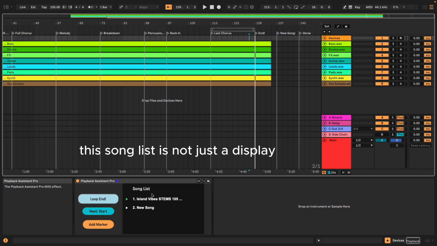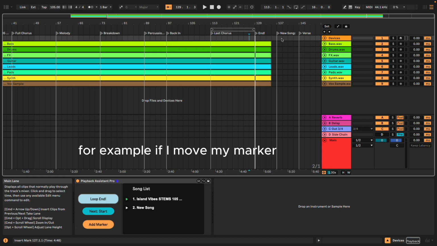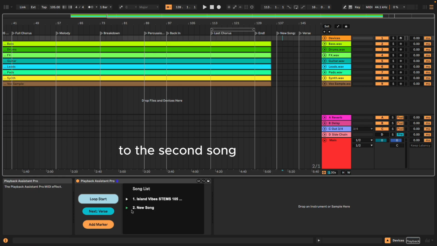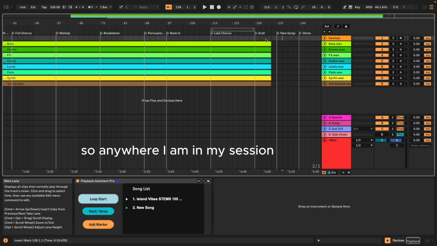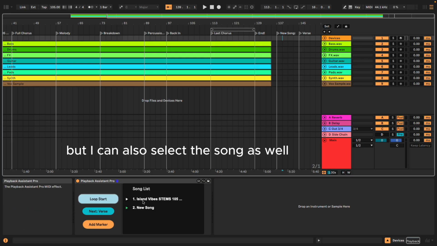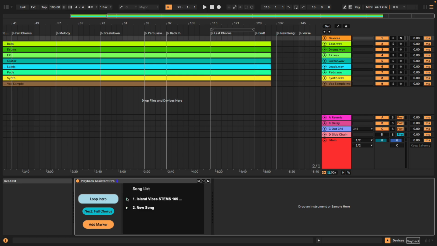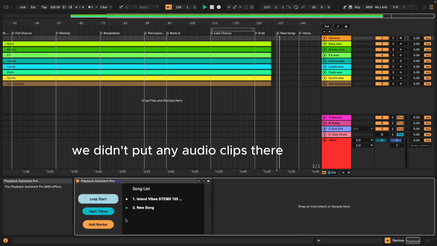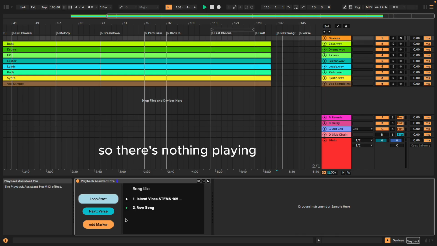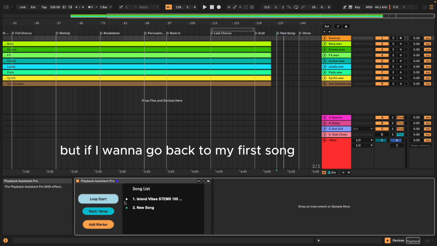And the cool thing is this song list is not just a display. It also acts as feedback to let us know what the current song is in the session. For example, if I move my marker, you'll see that it updates to the second song. So anywhere I am in my session, I know which song I'm on, but I can also select the song as well and jump to the markers. So if I want to go to my second song, playhead is here. Of course, we didn't put any audio clips there, so there's nothing playing. But if I want to go back to my first song,